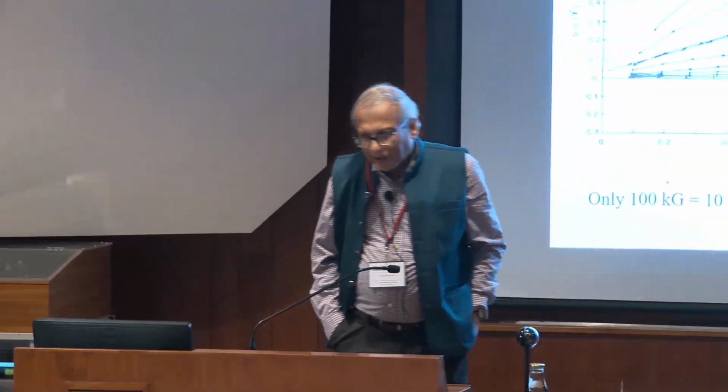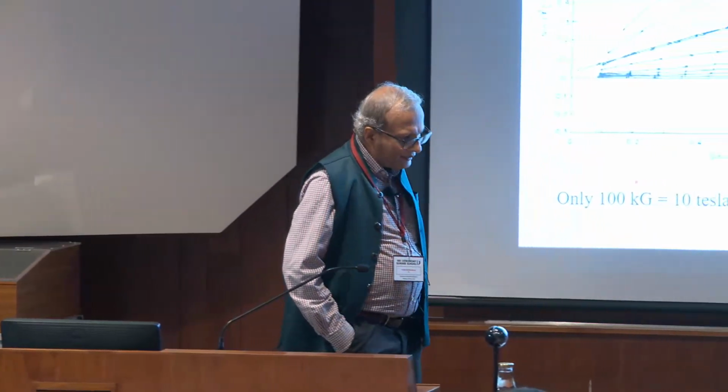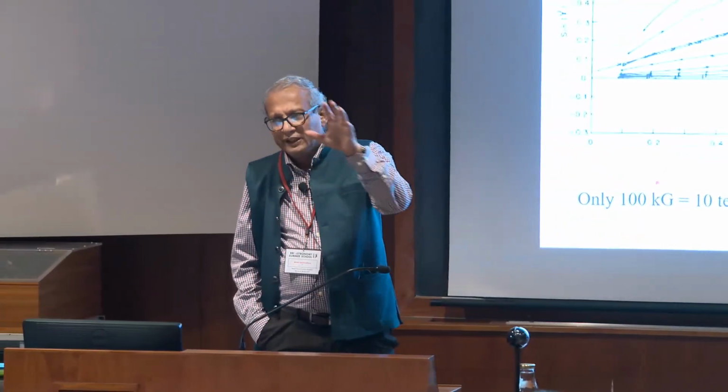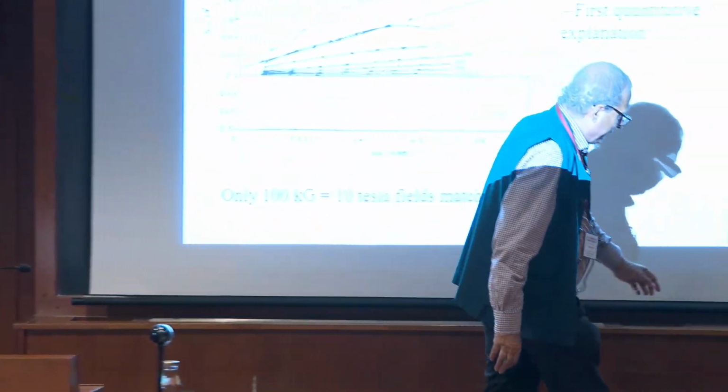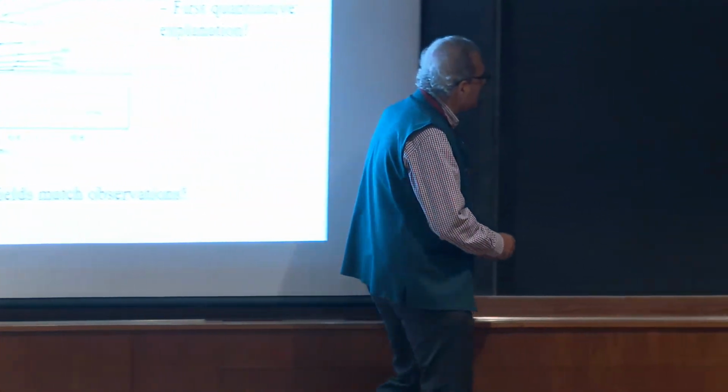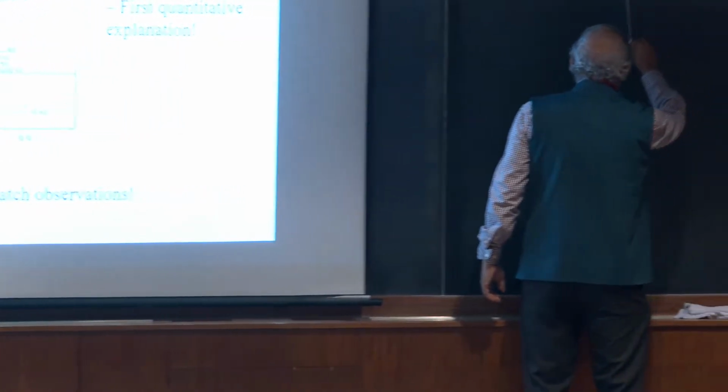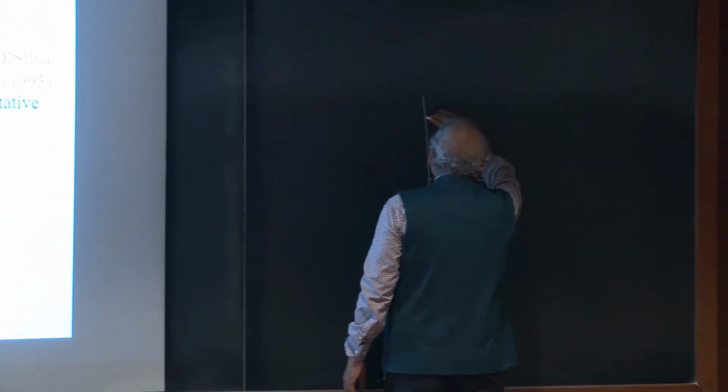In this dynamo process, the sun's rotation plays a very important role. I could not get into a discussion of it, but there is some other kind of flow in the sun called meridional circulation. I did not want to get into it, but since you have raised this question, suppose